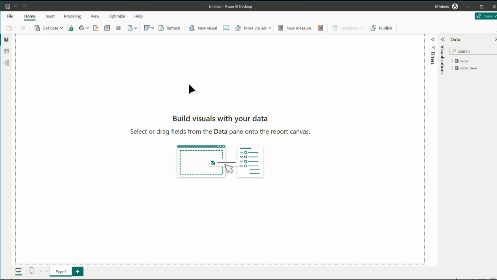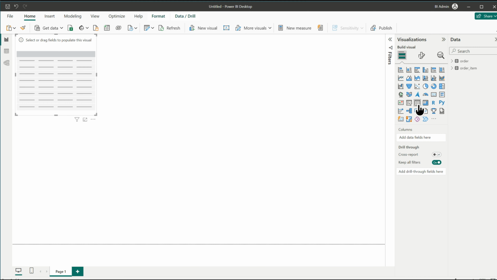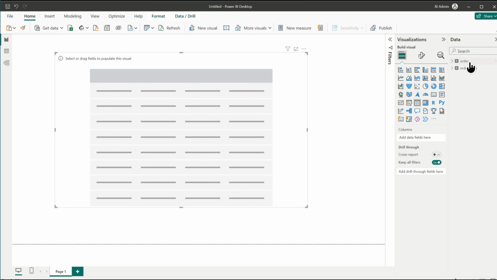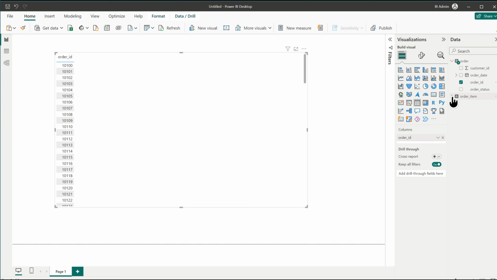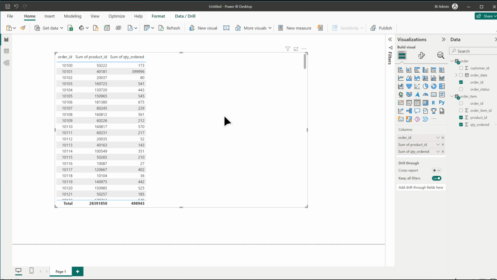Now it's a blank canvas. That's fine. We can just pick a table. For example, I'm going to pick a table. Now the table is blank because there's no data attached to this table. If we choose something like, say, I want to look at order ID. For a particular order ID, I'm going to join through to the order item. For example, what product ID has been placed in the order and what quantity has been placed